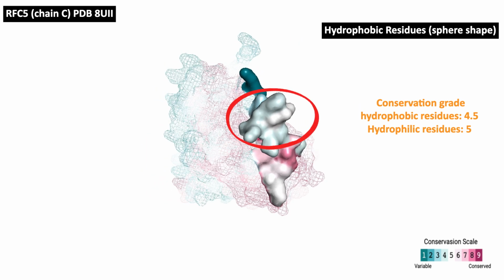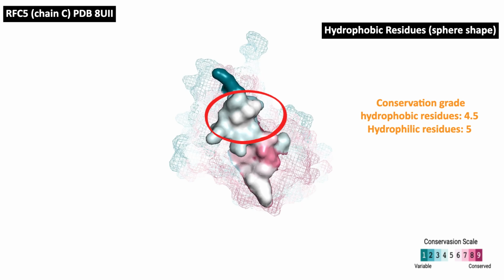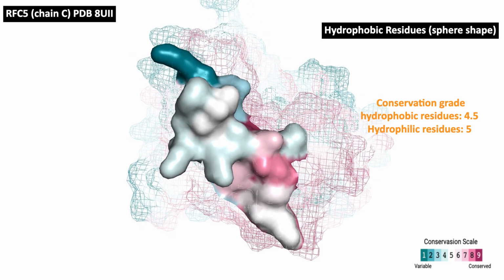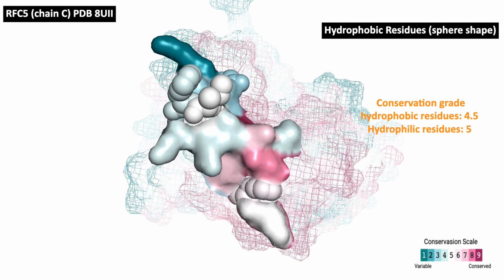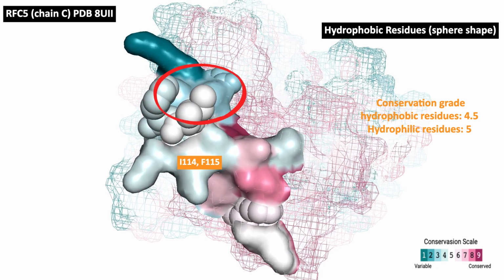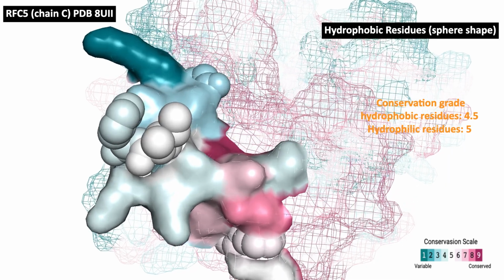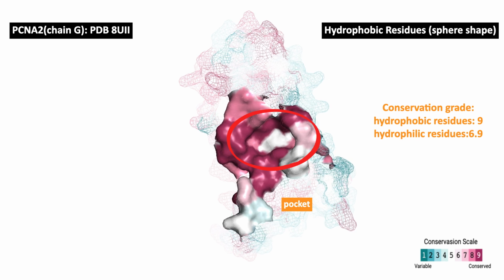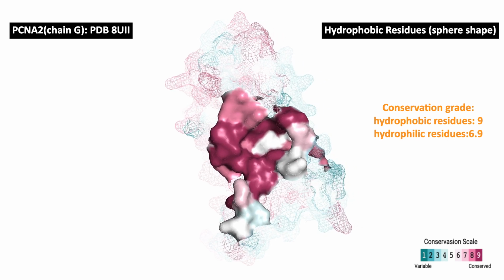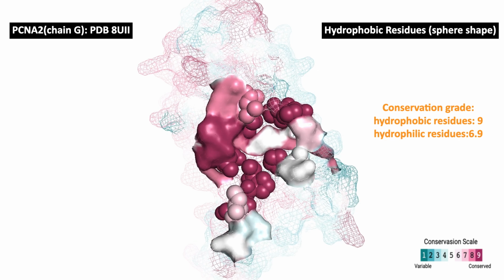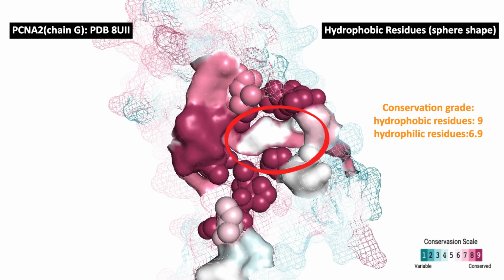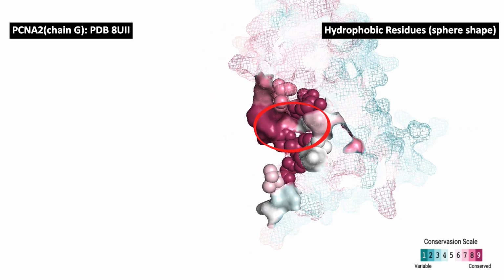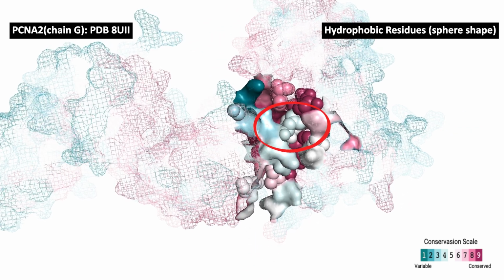Within the RFC interface, many hydrophobic residues show relatively low conservation scores. Despite this sequence variability, these residues play a critical role in mediating hydrophobic contacts with PCNA2. On the PCNA2 side, a complementary hydrophobic patch provides a tight interaction surface, and the residues surrounding this patch are highly conserved. Together, this pattern suggests that while RFC contributes adaptable hydrophobic contacts, PCNA2 maintains a conserved structural framework for